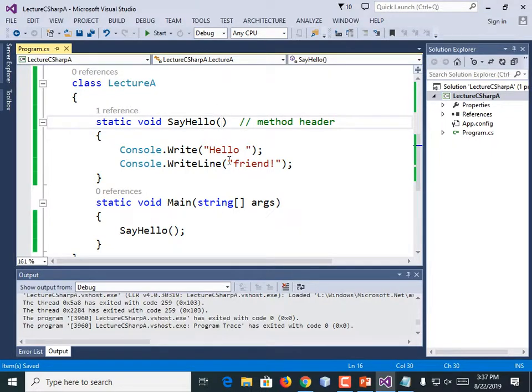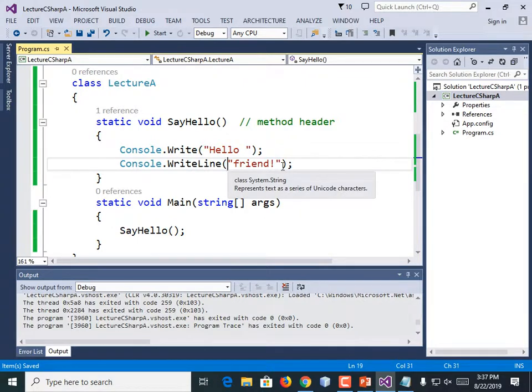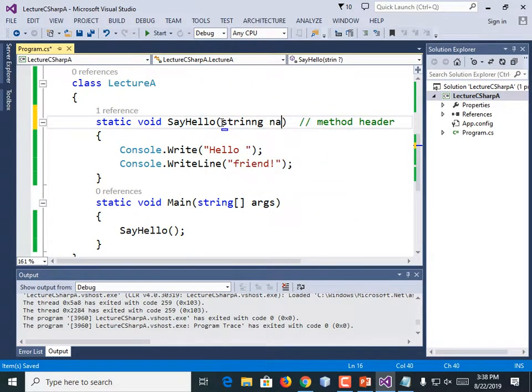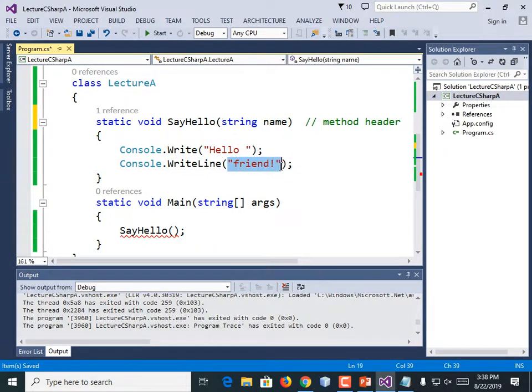Now I could make it so that we could pass in a variable. Why don't we get a little bit fancy and pass in a name? So we could declare a string and pass in the name. Right here in our method header, why don't we make string space name? Not with two N's. My keyboard likes to repeat keys. So you see that? I added that between the parentheses. And instead of writing out friend, I'm going to write out name without quotes. I'm going to write out the contents of the name parameter variable.